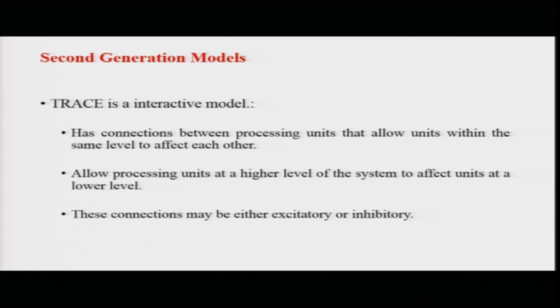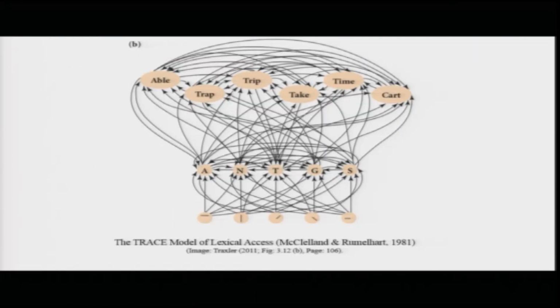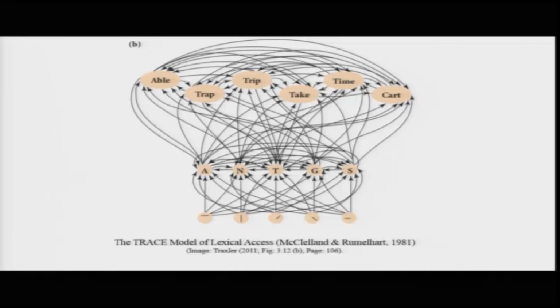I will probably cover this model a little bit. So this is referred to as the TRACE model. TRACE is a model of visual word recognition. So it basically is about how you read words. This is one of the models that McClelland and Rumelhart came up with, and wrote that book called Parallel Distributed Processing in the 1980s, and this is how this model looks. So you have at one level features, another level letters, and another level words.